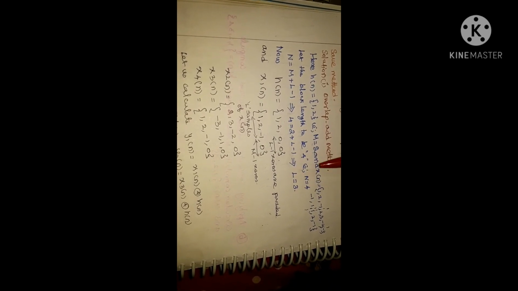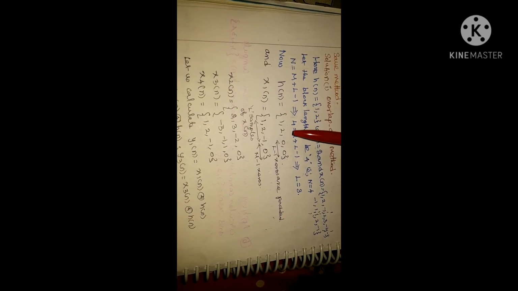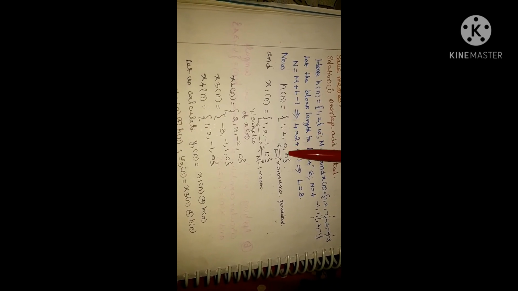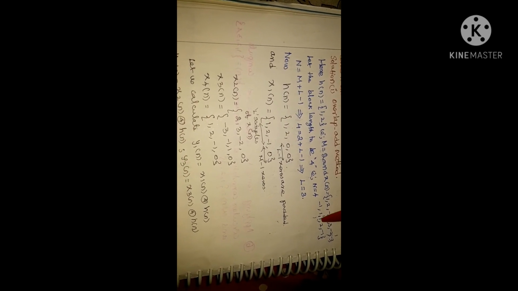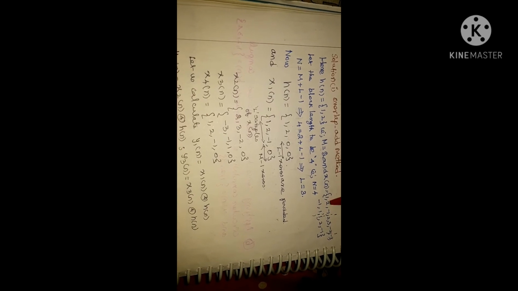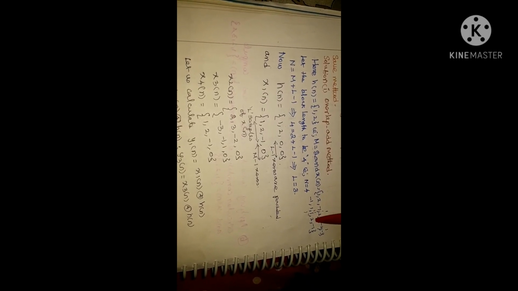We must select 3 or 4 like that, because it is very easy for circular convolution, since matrix multiplication is very easy. So this is the h of n value we are finding, with N equal to 4, so 1 2 0 0 we are taking. The first step is blocking, that is segmenting the input into blocks. We segmented into 4 blocks.